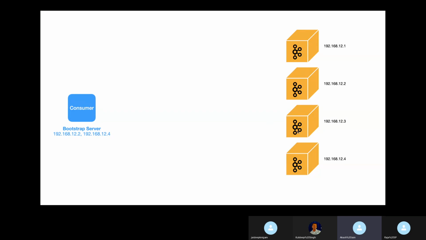The broker then responds back with the coordinator, saying this node number 3 is the group coordinator for the consumer group that it is trying to join.